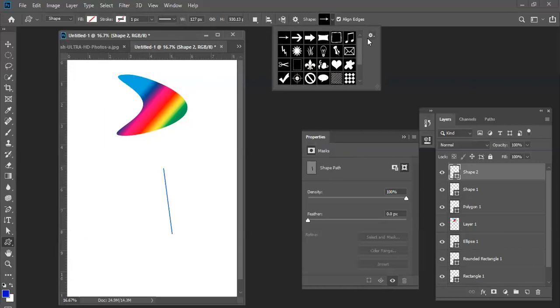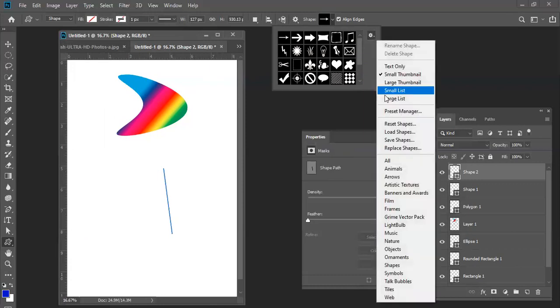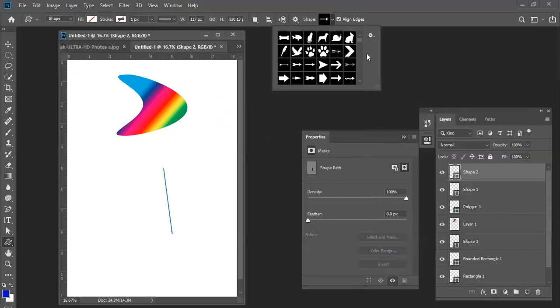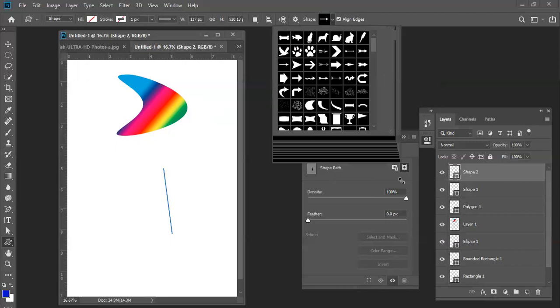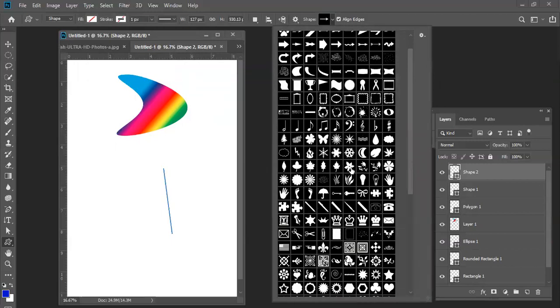If you want more shapes, you need to click on the settings. You can choose animal, arrow, artistic, film, frames, music, whichever you want. I'm selecting all, which means all shapes will appear here. All shapes you can see here.